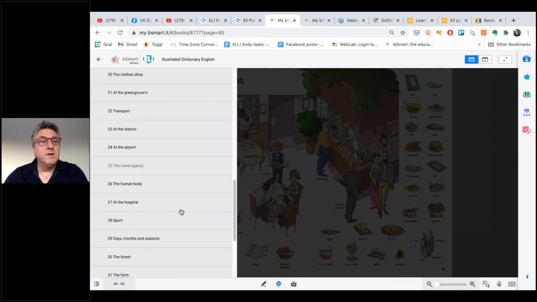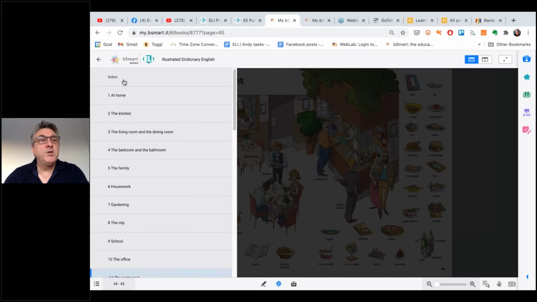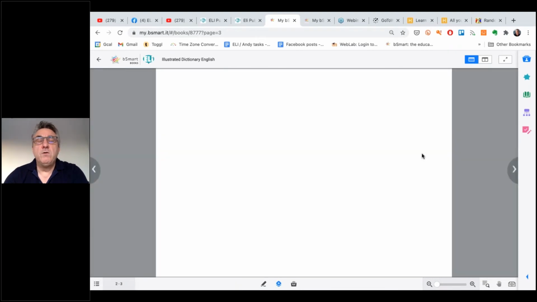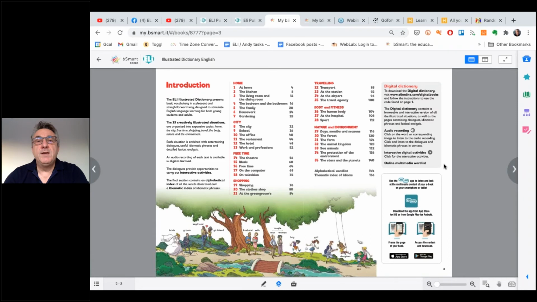There you go. And then the contents page will tell me all the different topics available in that book. So there you have it at a glance. And this will also be sent to you in my PDFs of this slideshow, all the topics which are covered by both of those books.